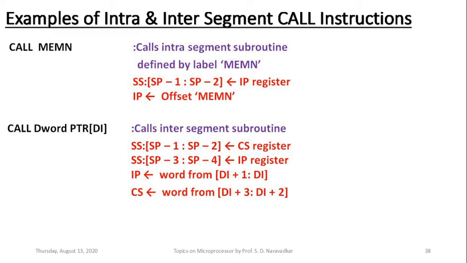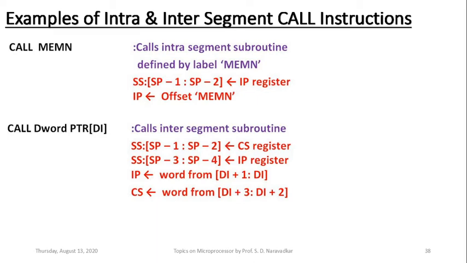And in the subsequent step here, the earlier contents of the instruction pointer will be copied to the next two decremented offset locations within that same stack segment, that is SP-3 and SP-4. It clearly means that the stack pointer will be decremented 4 times and then the return address will be copied onto the corresponding stack here. And these are the first two steps, copying that return address, which is nothing but the contents of the CS register and IP register of the earlier segment.